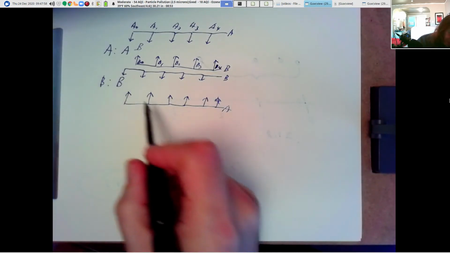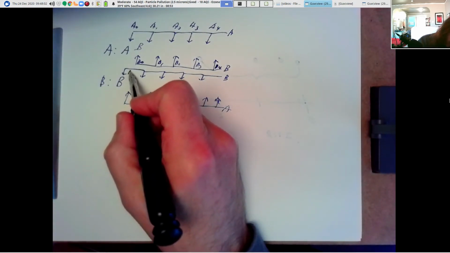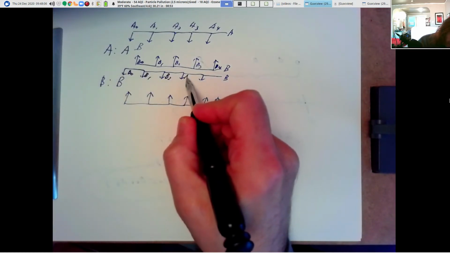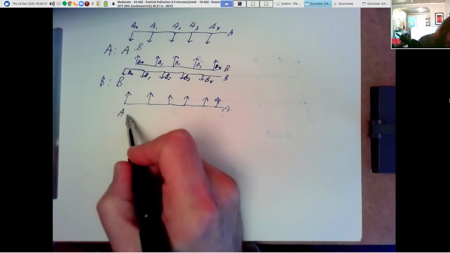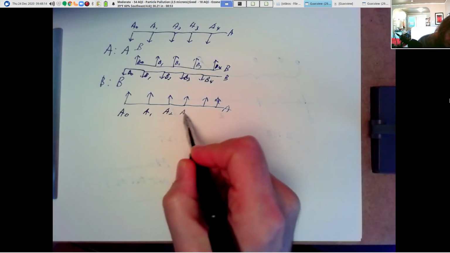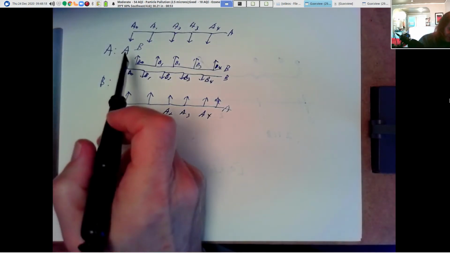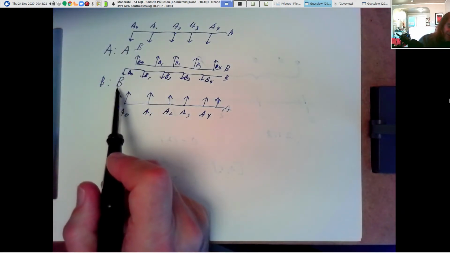And for the B string, this first character will be B0, B1, B2, B3, B4, and the intermediate characters will be A0, A1, A2, A3, A4. All right, so the first character of A, A0, is an A. First character of B is B0, that's a B.